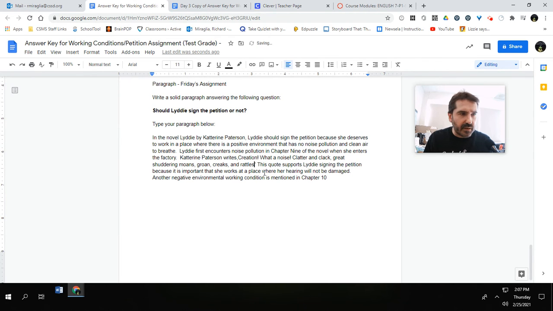So I'm going to get rid of the period there and put in parentheses the author's last name and page number, and then the period. This quote shows, now I'm going to have, another negative environmental working condition is mentioned in chapter 10 when Liddy talks about the air quality.